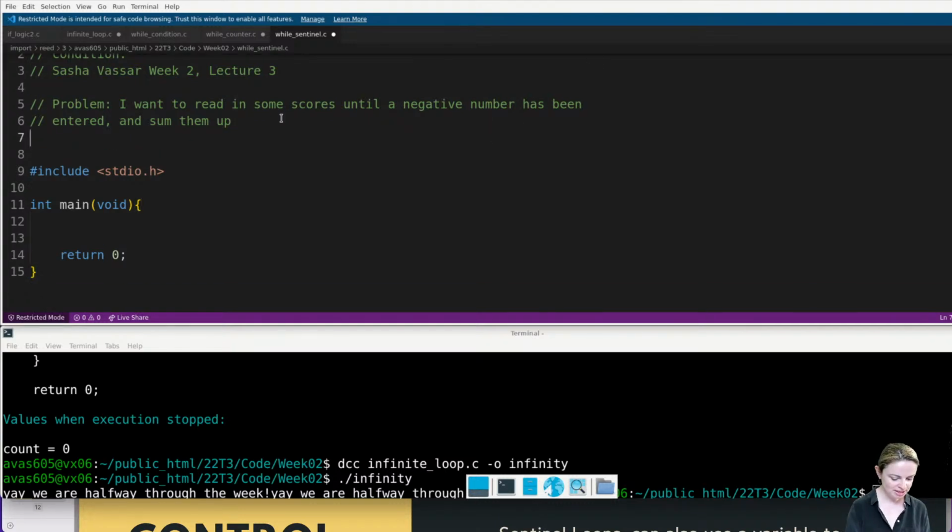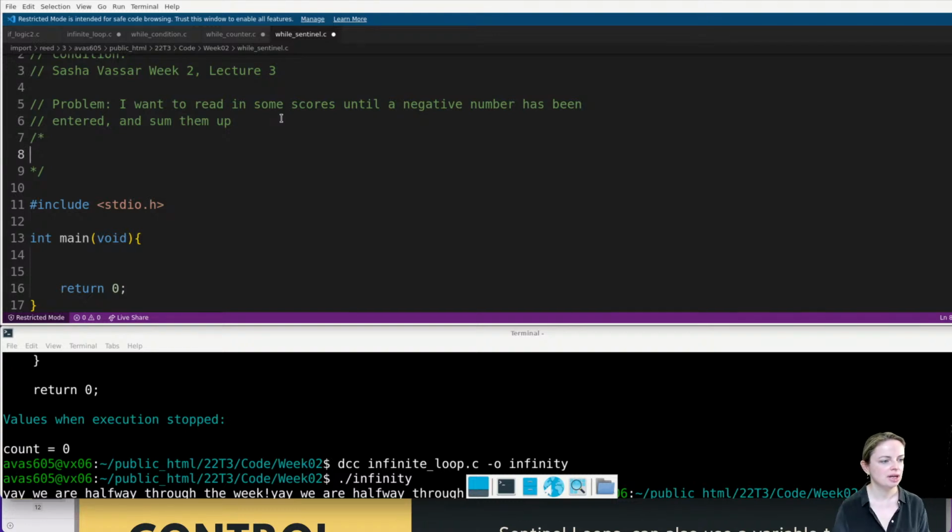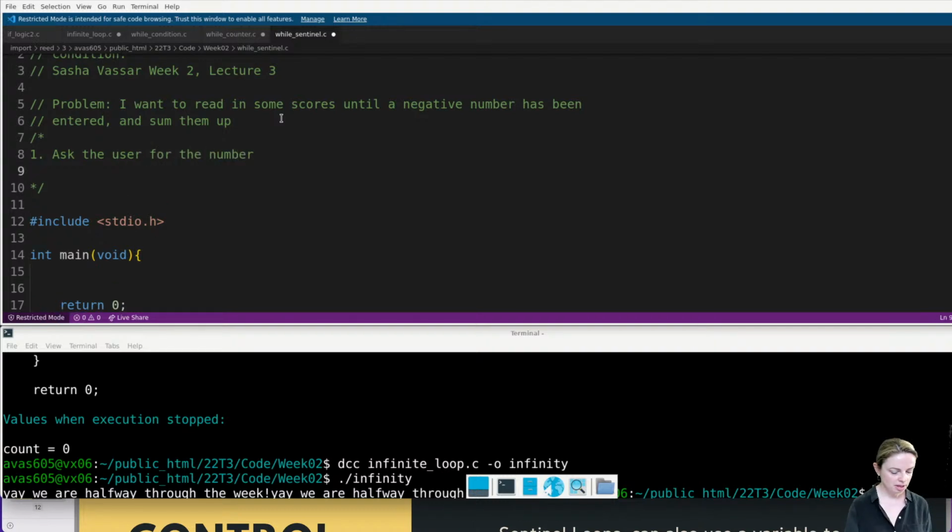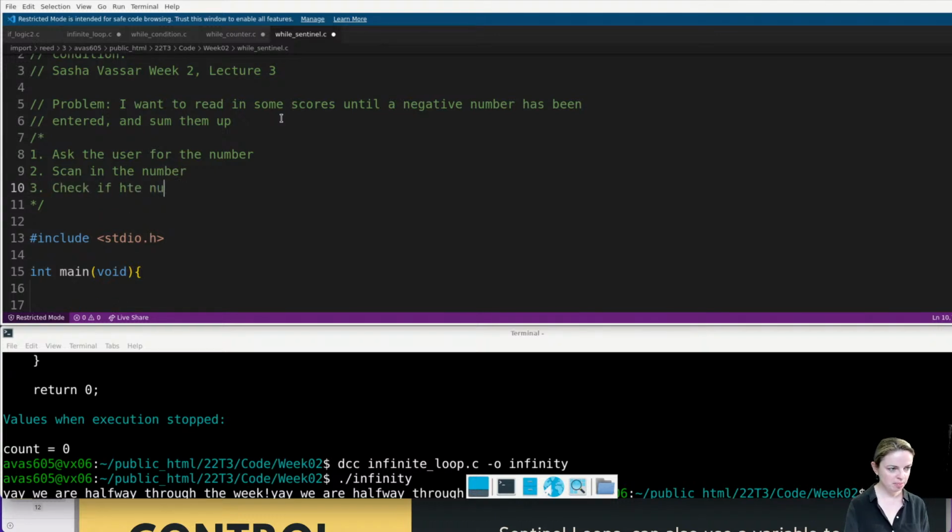Okay, I want to read in some scores until a negative number has been entered and sum them up. So let's have a think about what is needed here. I'm going to comment this out and we're going to talk about how we're going to do it. First of all, I guess we need to ask the user for a number. Then scan in the number. Then what do we need to do? We might need to check if the number is positive or negative.